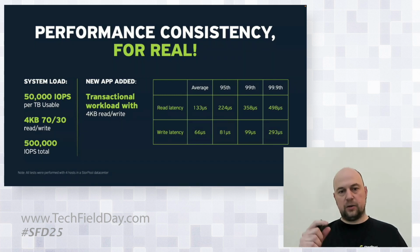We will add on top of that a QDEP1 transactional workload, random reads and writes, and we measure the average and tail latency of this transactional QDEP1 workload. And you get averages of 130 and 70 microseconds for reads and writes, and 99th percentile of 360 and 100 microseconds for reads and writes, which we think is